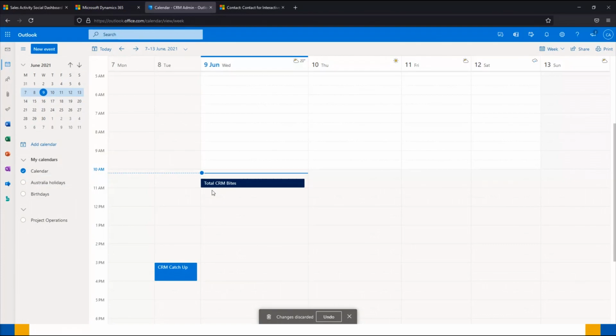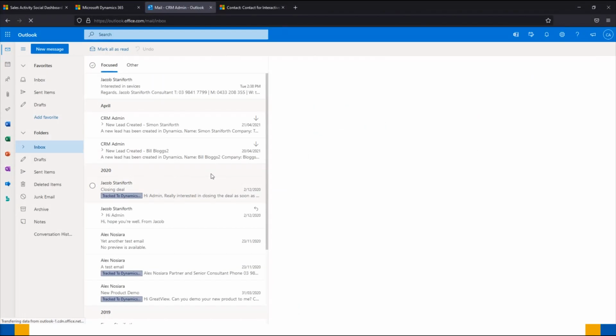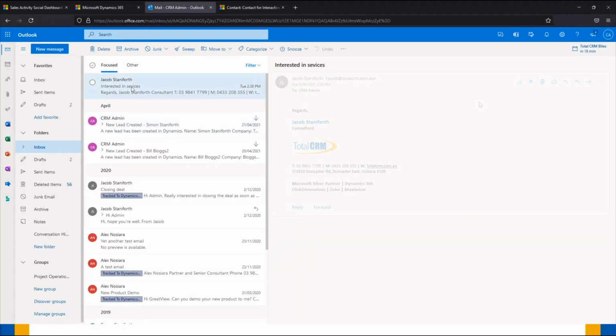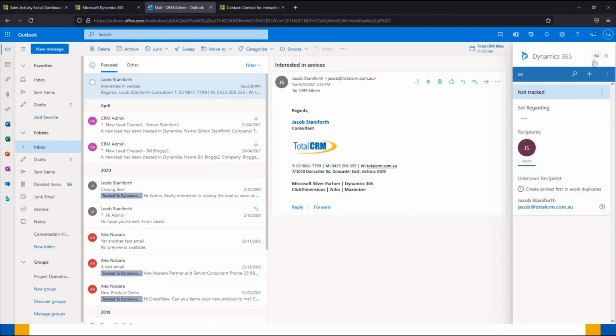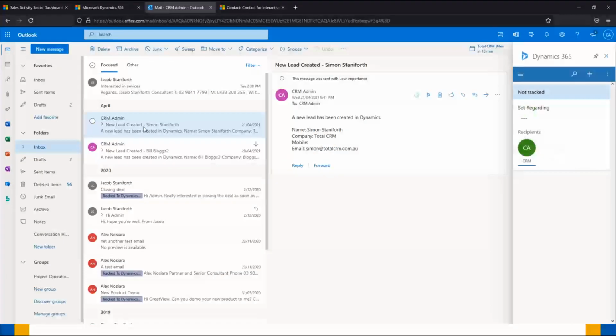So finally, we have some tips and tricks for you whilst using the app. When working through your emails, if I just open up my one from before, you'll see that we have a little pin icon right at the top where we can also close the app. If I select this pin, it's going to allow you to keep working through all your emails rather than have to continuously open up the app for each individual email. So as I cycle through, you'll see that it'll update to then display the details for the relevant email that we're looking at,